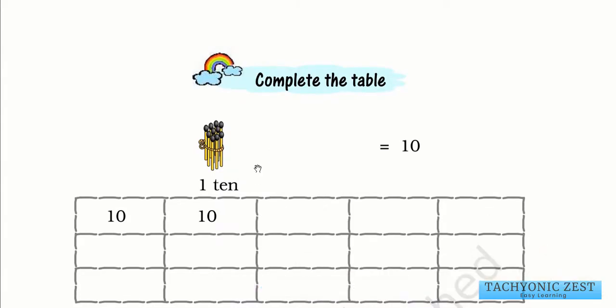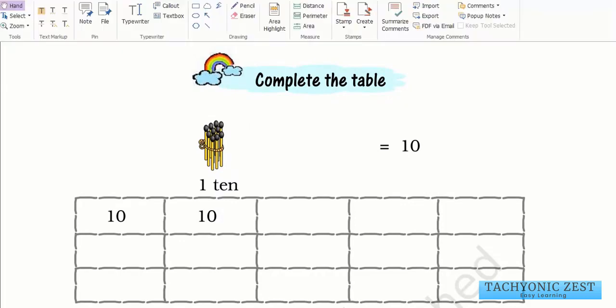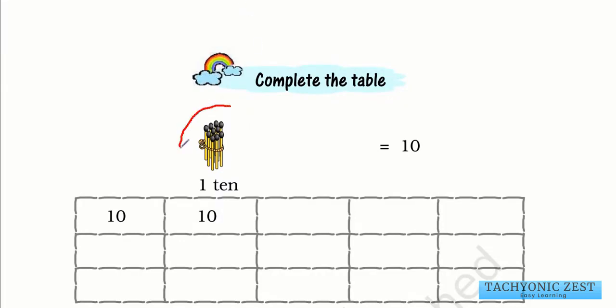So now first of all, here it is written 110 is equal to 10. So we know that this is a bundle of 10. Okay, so this is a bundle of 10 matchsticks. So this is actually 110. Now 110 is equal to 10. So that is why they have written it as 10. So we need to write 10 here in all the tables.